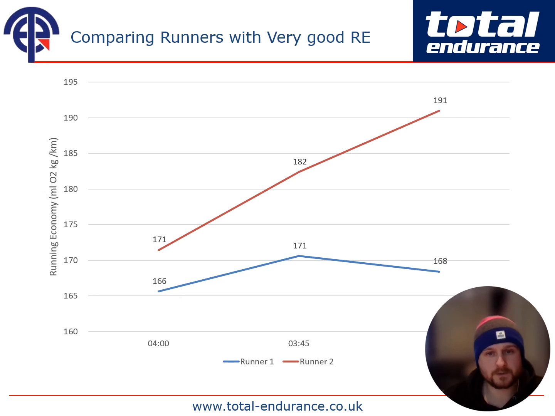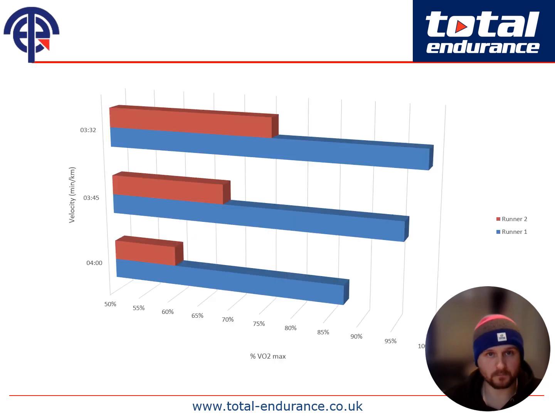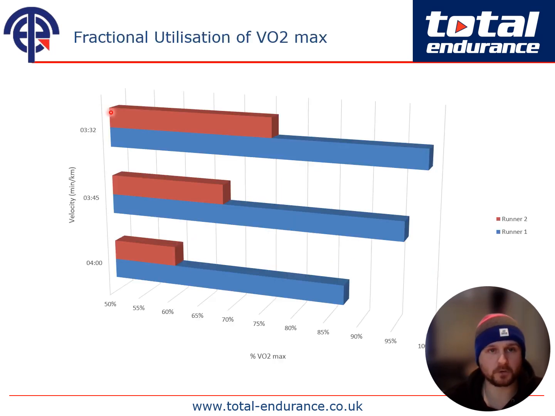But what we're interested in is how much of their max they are using. That states that they're very efficient, but also how much of their capacity do they need to run those speeds? And that tells us obviously another story. If we go to here, which is your fractional utilization of VO2 max. If we start at 4 minutes per kilometer, so again 15 kilometers per hour, runner 1 is working at about 85% of their VO2 max. So they're probably just below their threshold,